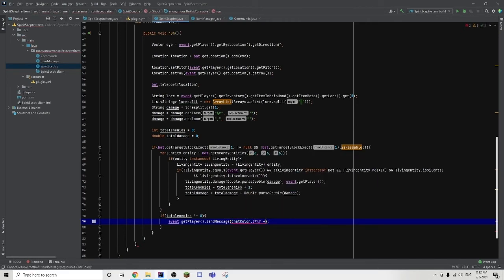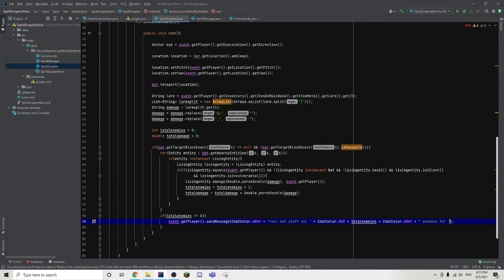ChatColor.GRAY plus "Your bat hit " with a space, plus ChatColor.RED plus totalEnemies plus ChatColor.GRAY plus space "enemies"